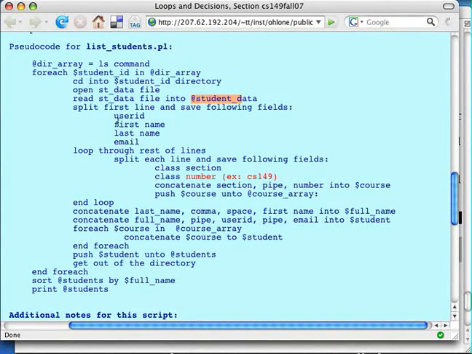Before you start looping, you just need to look at the first line. So you're going to split the first line, and you need the following fields: user ID, first name, last name, and email, as we have seen before. Now that you've taken care of the first line, it is time to loop through the rest of the lines. You're going to split each of these lines into class section and class number like CS149, and then after you get those two pieces of information, you're going to concatenate them in this way. You want a section, a pipe, and a number,